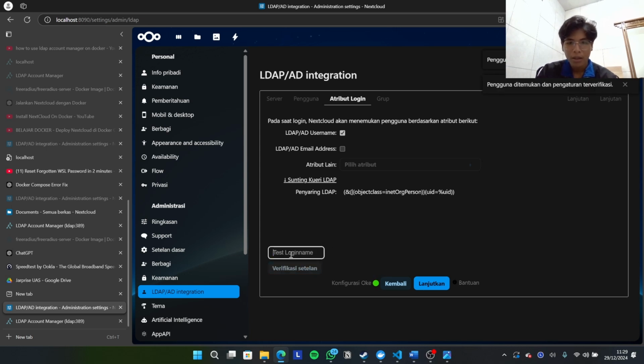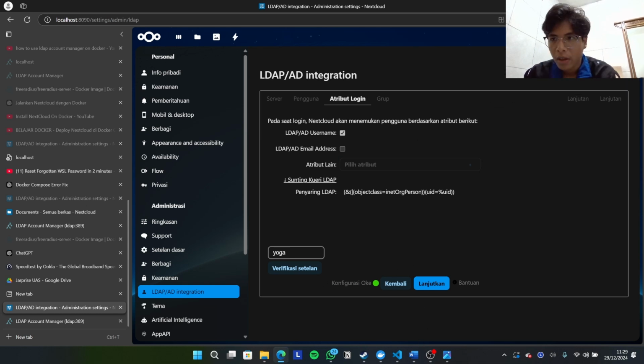We can input the username that we already created on the LDAP. The first one we created before is Radit. I click verify. Okay, as we can see here, user found and settings verified. So it's already okay. Okay, the username Yoga is also already okay. Okay, that's all for the LDAP and Nextcloud integration.